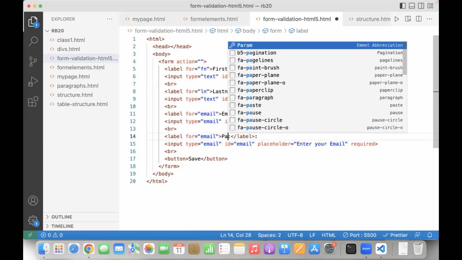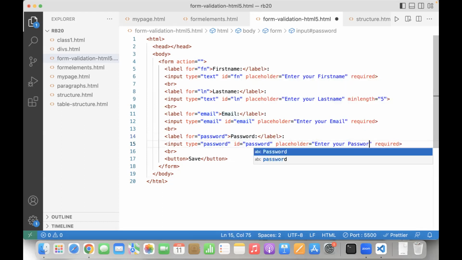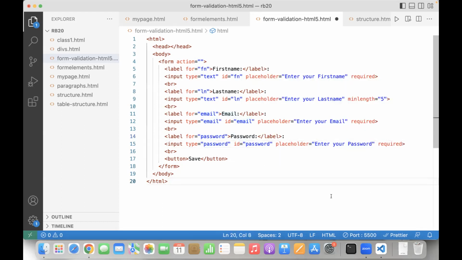Yeah, password. For password. Okay. So here, ID is also password that I have given. Enter your password. Now I want to apply a validator where what is the password validation you have